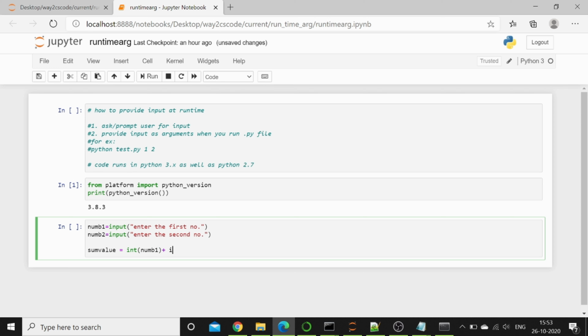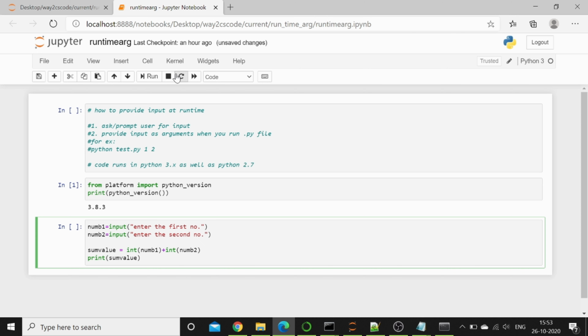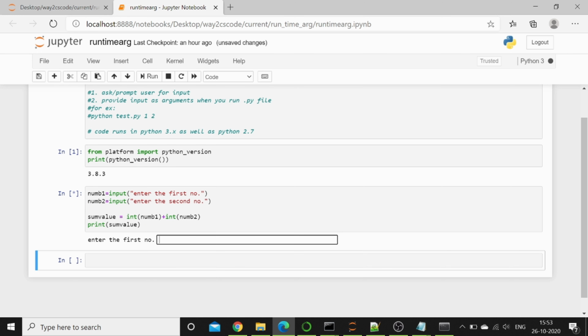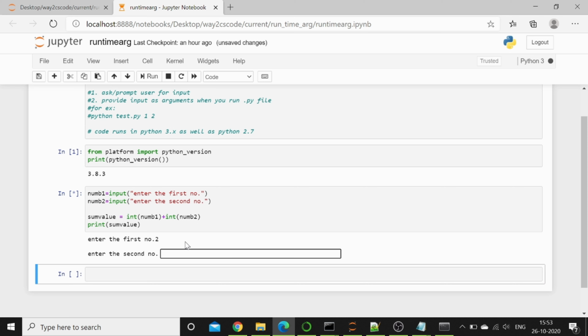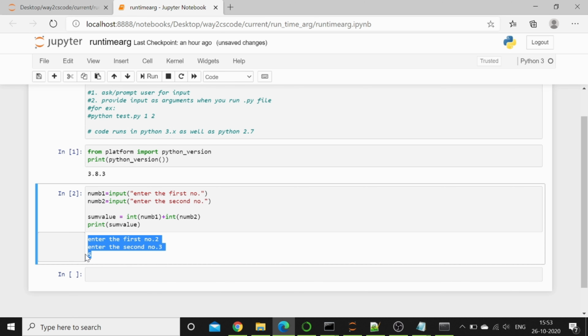So let's print out the sum value. So let's run the program and see how it runs. So it is asking us for the first number, let's put 2, and it is asking us for the second number, let's put 3, and now it is giving us the value 5, which is the summation of 2 and 3. If I don't put int here,